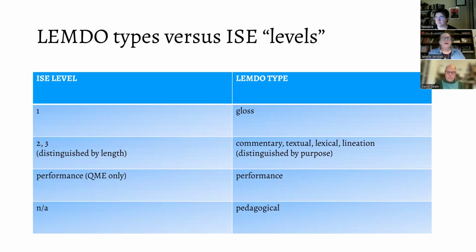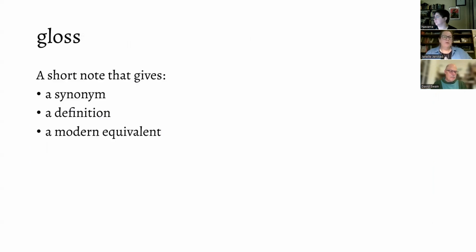We also have a performance annotation type. It can be used in any edition, provided the anthology lead wants those performance notes. And I can say that the New Internet Shakespeare Editions and the Map of Early Modern London, Mayoral Shows, and Digital Renaissance Editions all want those kinds of notes. We've added a new note type, the pedagogical note, which had no equivalent in the ISE. So I'll talk about each of those things in turn and give you some examples about how they work.